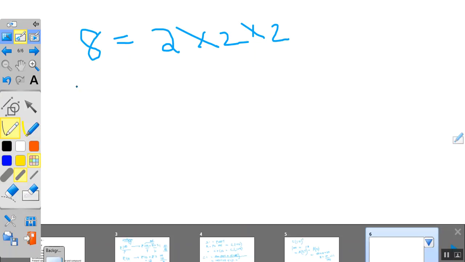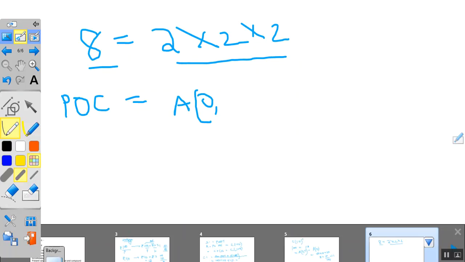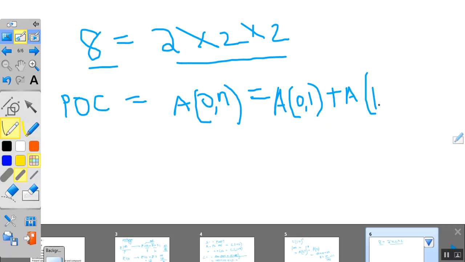Right? This means this is equal to the product of all three. Right? Similarly, the principle of consistency deals with the initial accumulation factor of 0 to n, which is equal to the accumulation factor for the first year, the accumulation factor for the second year,